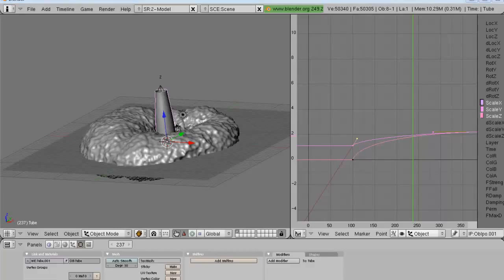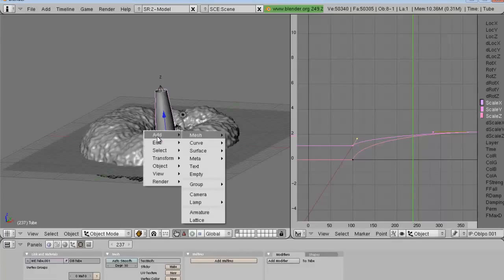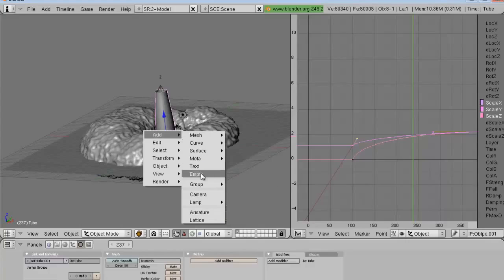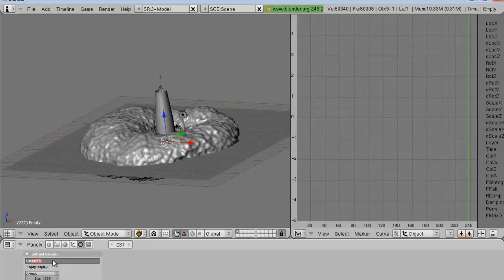Now we need to do the same thing as the shockwave with the displacement modifiers, but this time we're going to add another empty with spacebar, Add, Mesh, Add Empty. This is going to be 1.1. Now we need to use the same IPO curve as this column. So click this arrow thing,